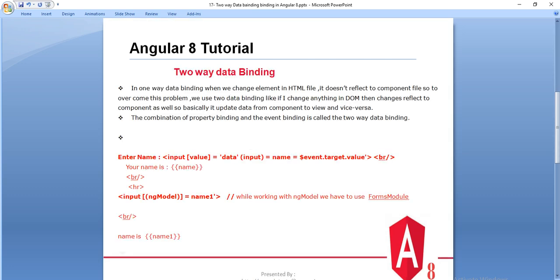So basically, what is the meaning of two-way data binding? Suppose in one-way data binding, whenever we were changing anything in the DOM, it was not reflecting to the component, it was only showing on the browser using property binding or interpolation or different types of one-way data binding. So basically in two-way data binding, whenever we change anything in the DOM, it reflects to the component as well